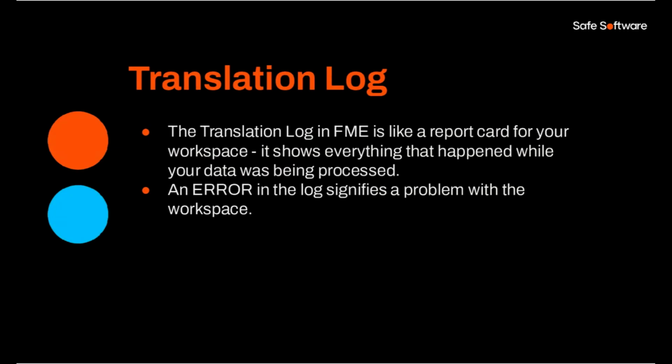The translation log is honestly one of the most important tools in FME Form. Think of it like your workspace's report card. It shows you everything that happened while your data was being processed. Every time you hit run, FME generates this log, and it's super helpful for figuring out what went right and what didn't. If you see an error in the log, it means something went wrong, like maybe FME couldn't write